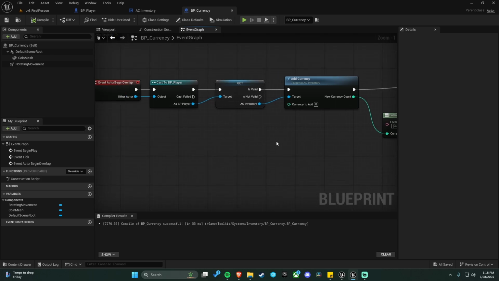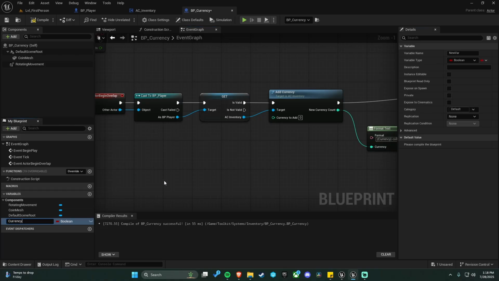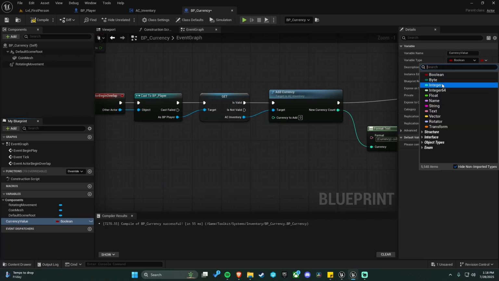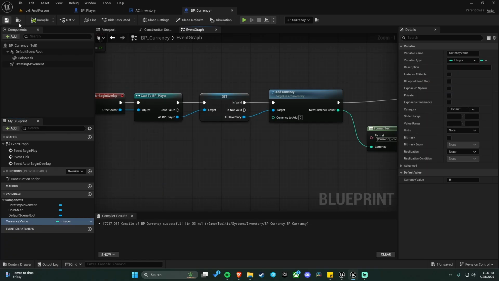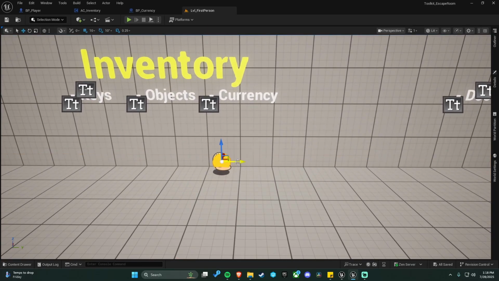What we need to do for this coin, though, is say, well, how much is this coin worth? So let's go to our variables, and we'll say currency value. And let's make this an integer. The thing is, I could set this individually in code, but what would be great is if us in the future or our team, whoever it may be, had all these coins here,